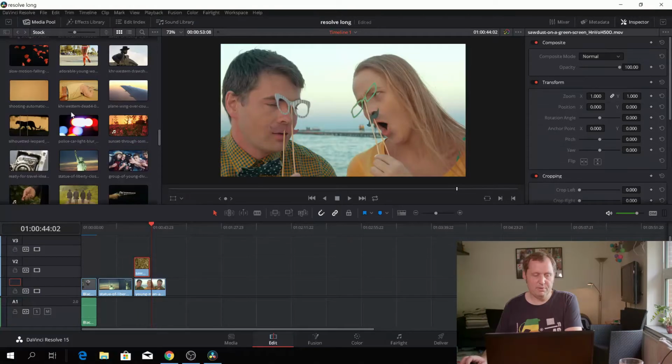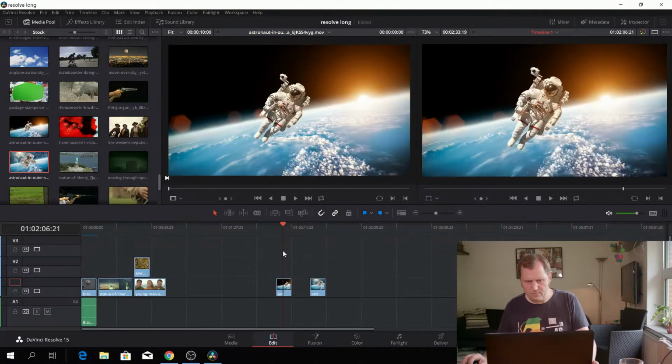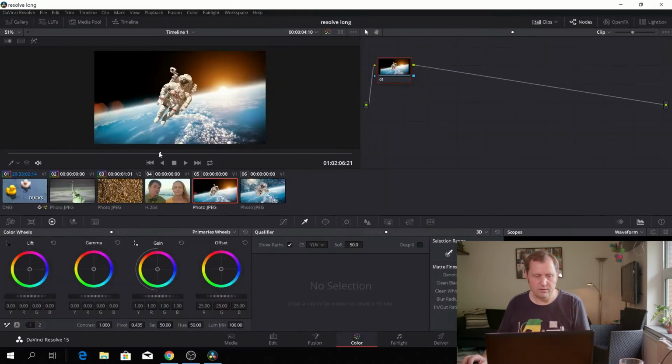Okay, let's just continue with the color grading because it's a big part of DaVinci Resolve, the color grading session. So let's see what we have. Okay, let's take that clip, part 2. They look kind of similar. So let's just quickly go back to the page here, and let's do something